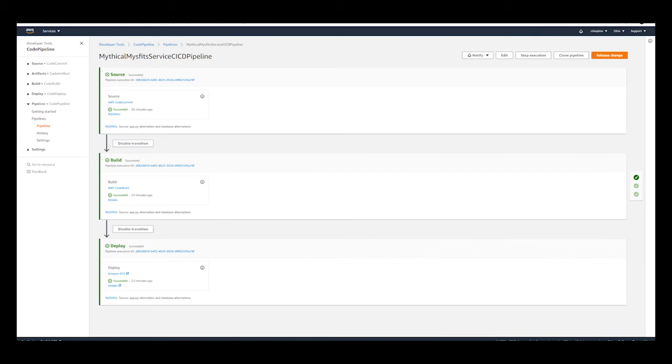Then I'm going to introduce our code pipeline, which is used to maintain and upgrade our applications.